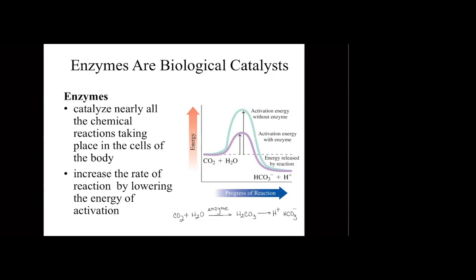Now, if this reaction is done without the enzyme, then the blue trace line that we have in the energy diagram is the one that tracks the potential energy of the different compounds that are going to be formed. The line that is in lavender traces the potential energy of the reaction progress. And we can see that in the presence of that enzyme, the potential energy of the reactants and the products is not changed.